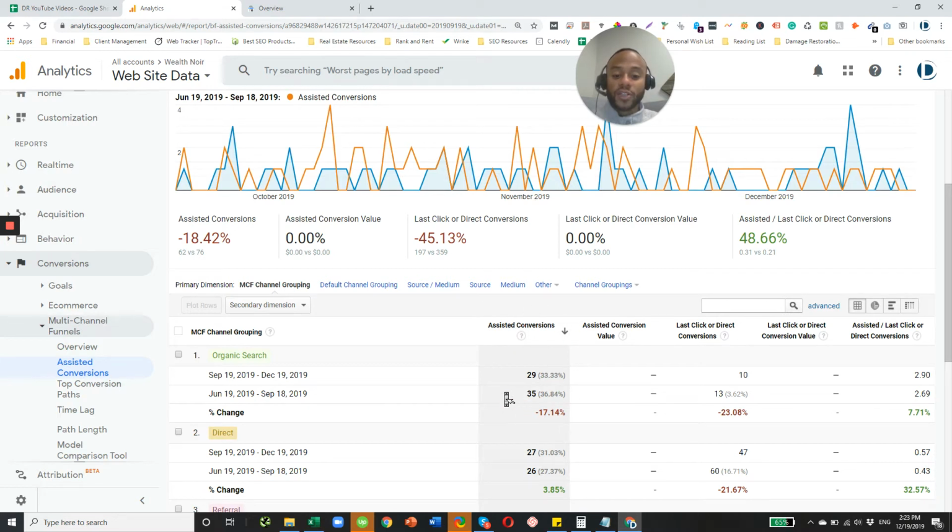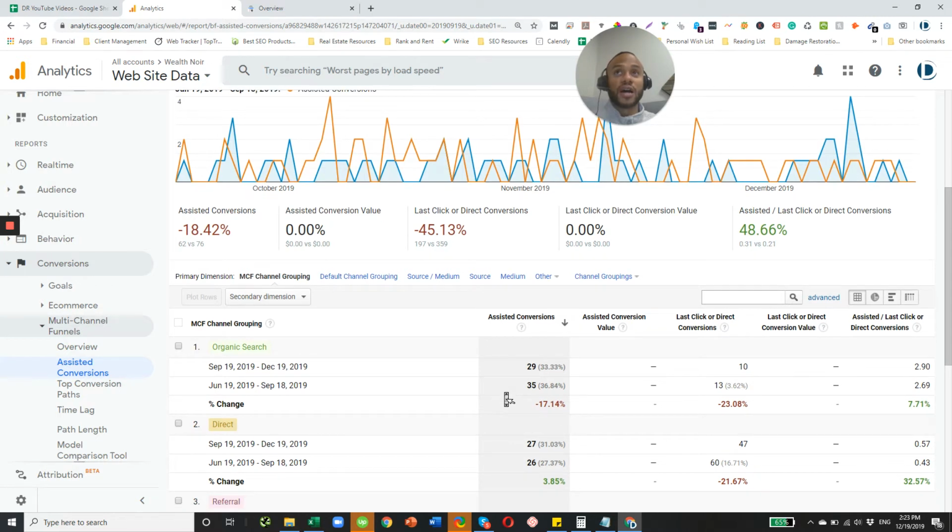Whereas assisted conversions, if you are a fan of hockey or basketball, is basically the step before that person submits their information. It may not be relevant for an emergency restoration job, but if someone is looking for roofing restoration and more of a maintenance service, then in that case they may first go to Google and do their research there, look at the different service providers in their area,